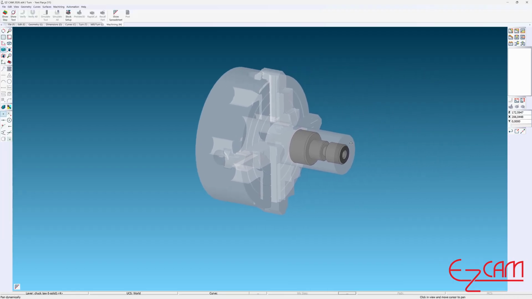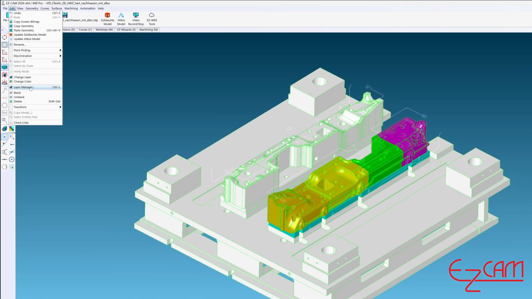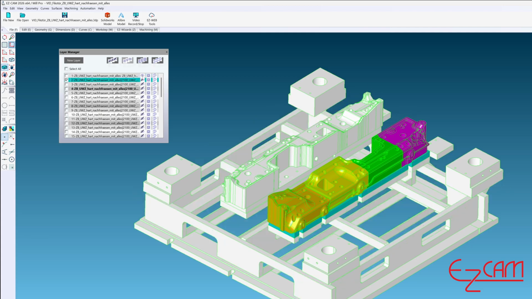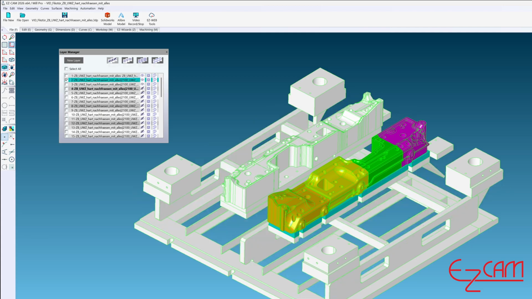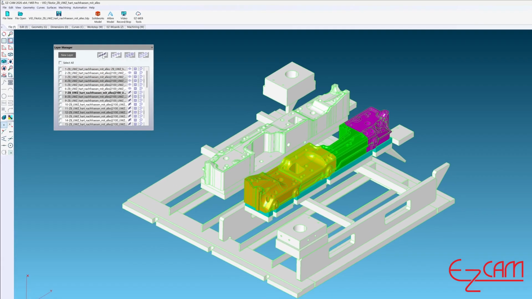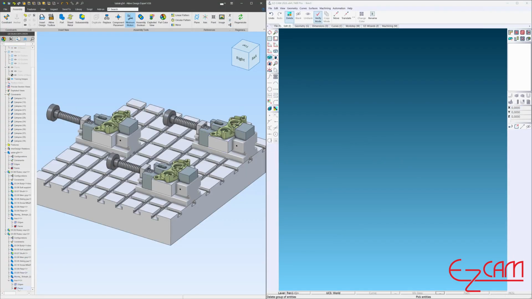In earlier versions of EasyCAM, importing a solid model would result in all parts of the assembly being automatically placed on different layers. Users could then use the Edit Layers command to hide unnecessary components or create custom groupings by adding new layers. However, in larger assemblies with many components, the layer list would become cumbersome, making it difficult to locate specific parts and wasting valuable time.